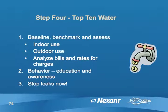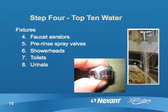And then we get into the water side, and that's something that the climate-wise assessments look at. There's indoor use, outdoor use. Leaks are always the number one water saver, besides just turning things off. Ways to save water, of course, are aerators on faucets, low-flow shower heads if you have showers in your buildings, low-flow toilets, urinals. A couple things I didn't see on this list that could save water too is, if you